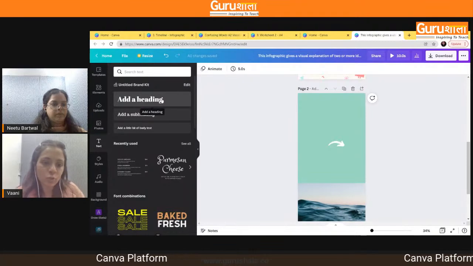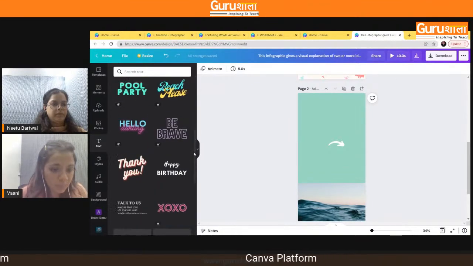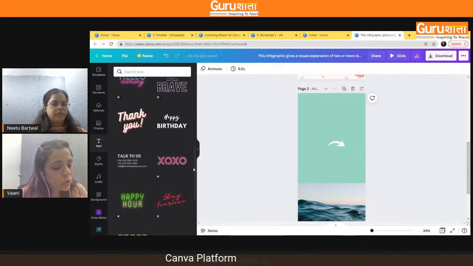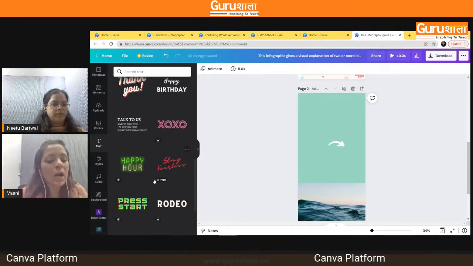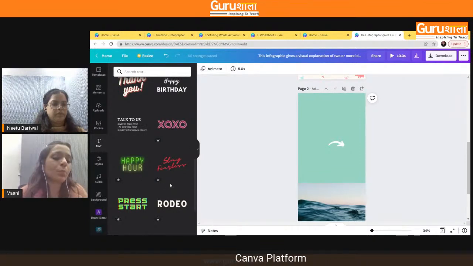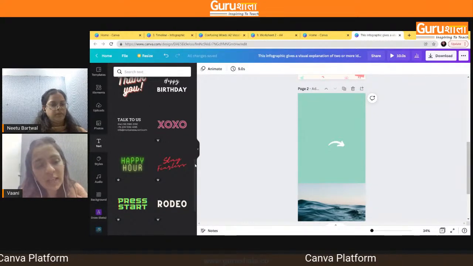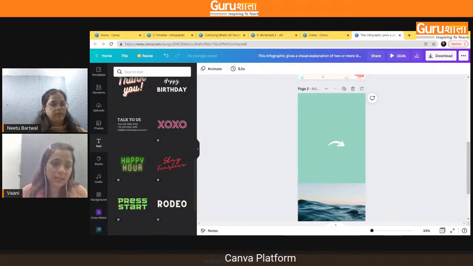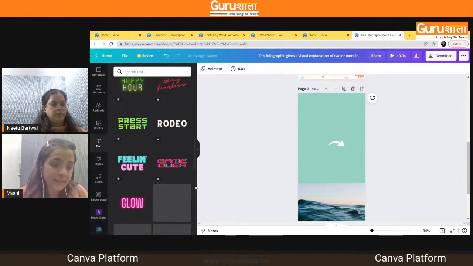You can type something and choose the font yourself, or you can go through the fonts that are available on the Canva website and choose one of these fonts. I would like to re-emphasize, teachers, that the ones with the crown at the bottom are pro, which means that these are paid, but the ones that don't have the crown are free. So teachers can use any of the free resources to create these content pieces, or if you have Canva Pro, then you can use any of these text examples.